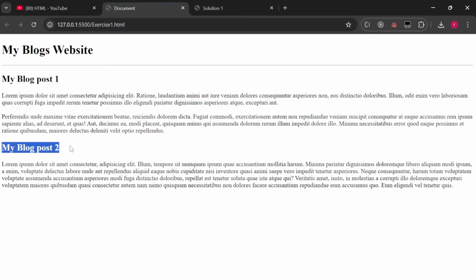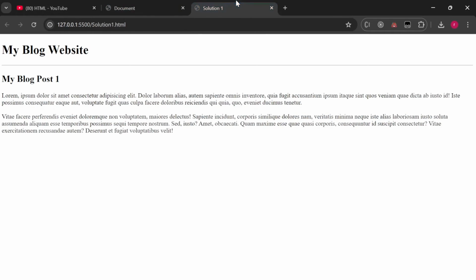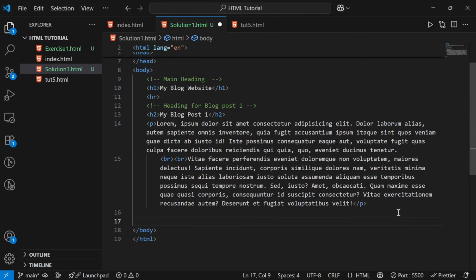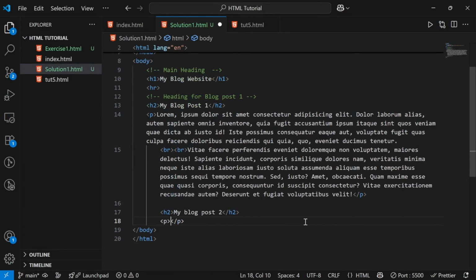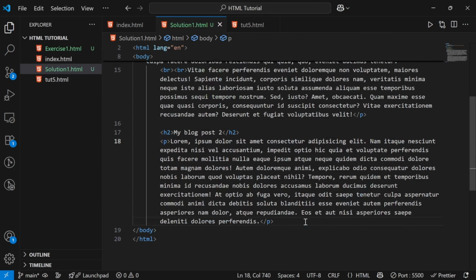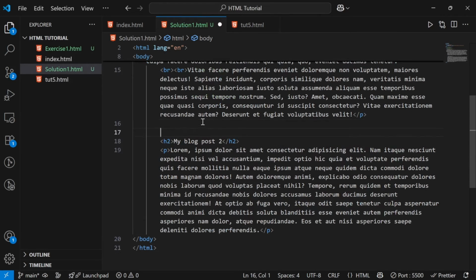In the remaining part, we want one more heading and one more paragraph. So I will go to my code editor, I will go here, and then I will write h2, here I will write my blog post 2. Saving it, and then I will write one more paragraph over here, which will be lorem and then 100 words. Saving it, and then I will also add a comment right here itself,